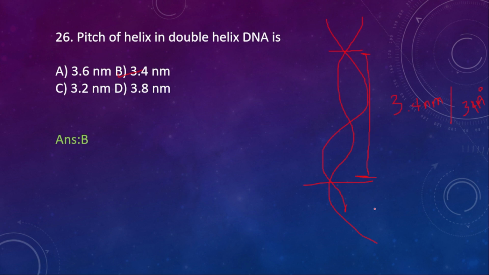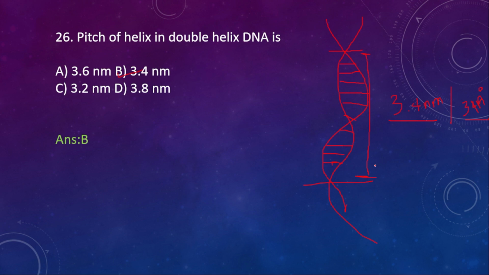So the pitch of the helix is 3.4 nanometer or 34 angstrom, and it has roughly 10 base pairs. This is one base pair, 2, 3, 4, 5, 6, 7, 8, 9, 10, isn't it? So as it is having 10,